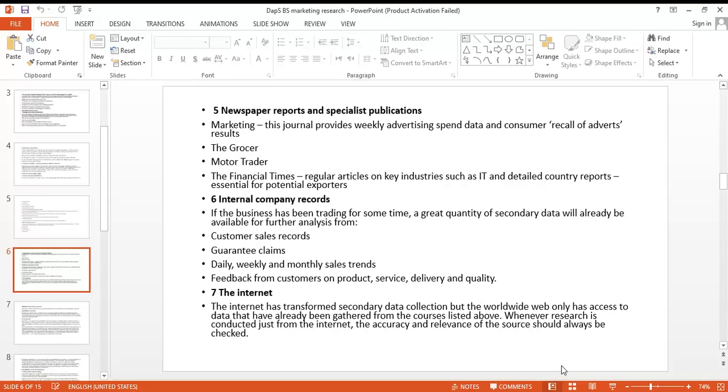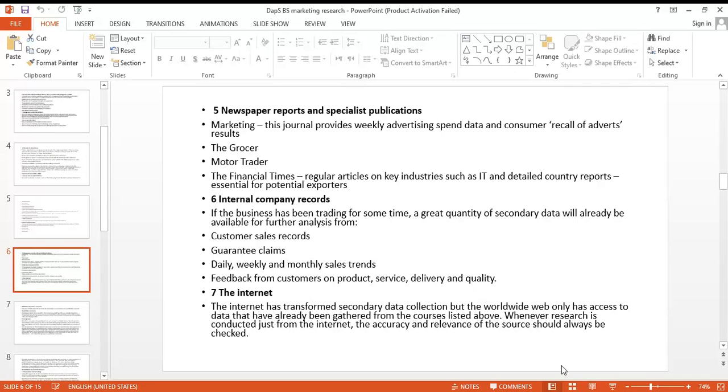There is a saying in business: mine your own data. Many managers don't understand this, but the company itself is a treasure trove of data. You have a lot of data building up in your own company. Mine it, dig it, use it. It's there for you. You have your sales records, your purchasing trends, the research which you have done on your customer. It's all there in your company.